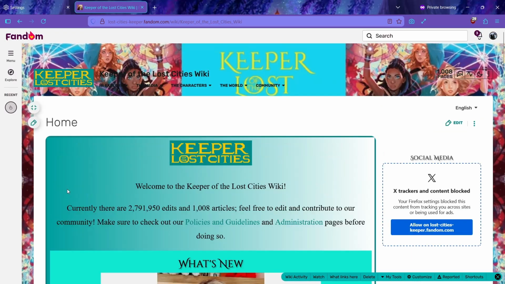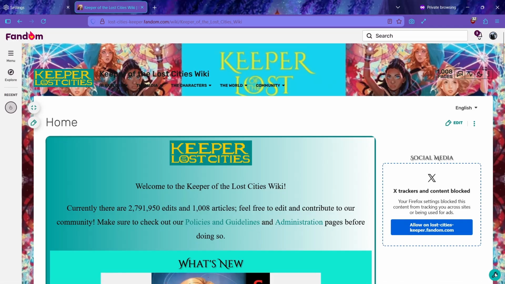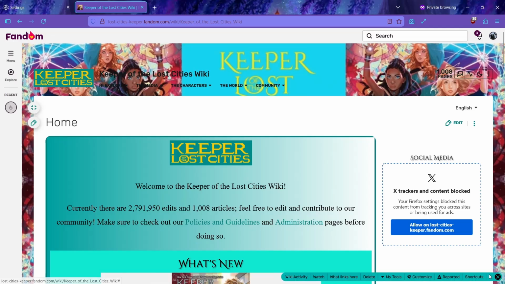Okay. So I'm on the wiki. I use this toolbar here a lot. You can see it pops in and out with this little wrench icon here, and you can customize it. And it's super useful because you can really put whatever wiki links you want in here, and then kind of pop around the wiki using it.